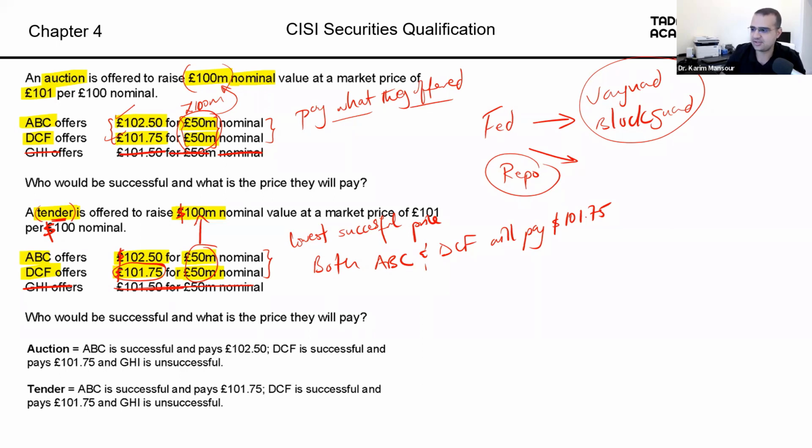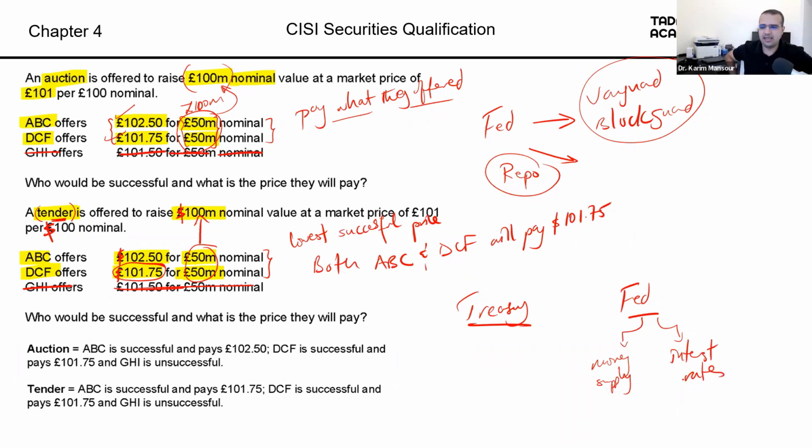Hamad is saying, are the stimulus checks also another way? The stimulus checks are a different way. So you have to separate the Treasury, which is the Ministry of Finance, from the Federal Reserve, which is the central bank. The Federal Reserve is responsible for two main areas: the money supply, how much money they are injecting, and the control of interest rates. And I think recently the US Congress extended that mandate and included a few more responsibilities.